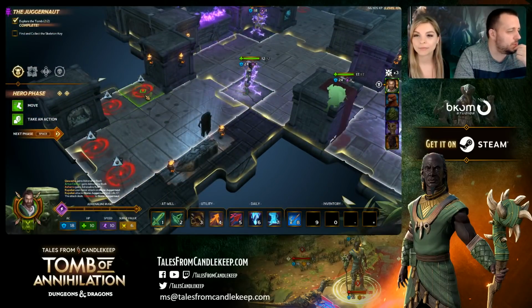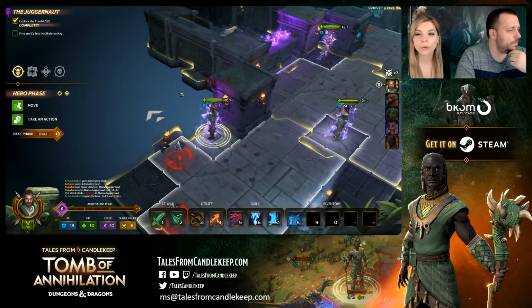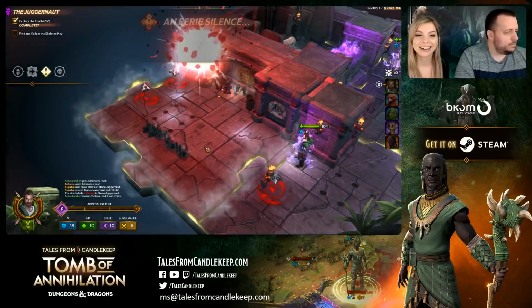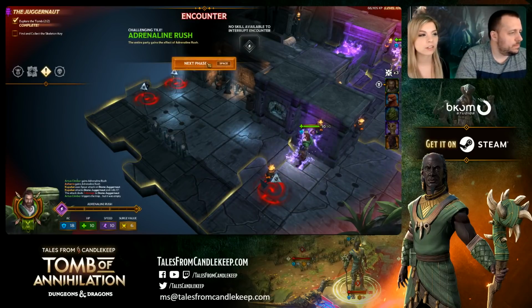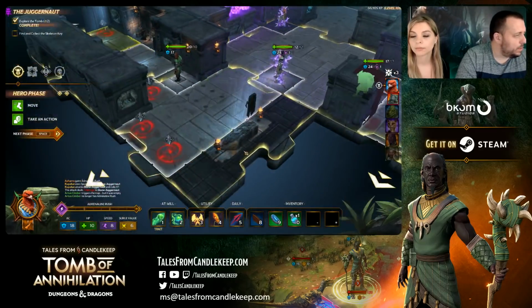So, okay, I will risk taking a trap because I want to get away from... Okay, oh, nice. It was empty. I really want to get away from the Juggernaut. And my exits are kind of trapped. Oh, okay. Wow. Oh, 20! So you had adrenaline rush. All right. So twice in a row. Boost to everybody. So again, I'm trying to...